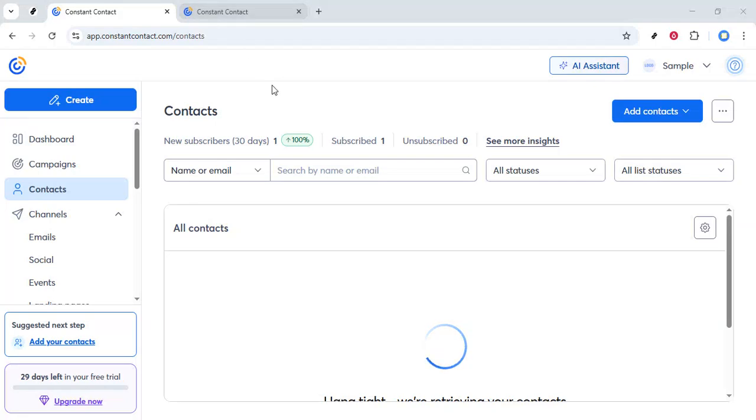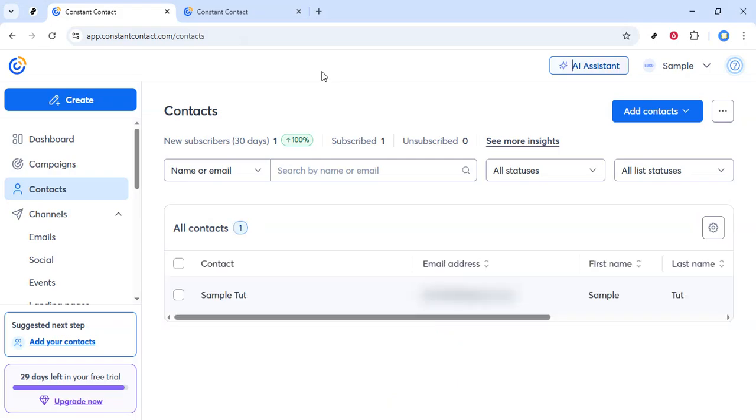In this video, I'll guide you through how to add a table in Constant Contact. Whether you're new to Constant Contact or looking to refine your skills, adding a table can help organize your data and present information more clearly in your emails. It's a straightforward process, and I'll walk you through each step to ensure you feel confident in adding a table